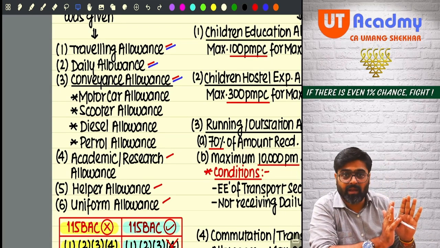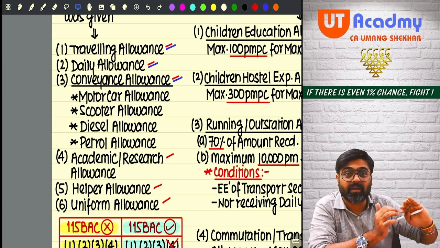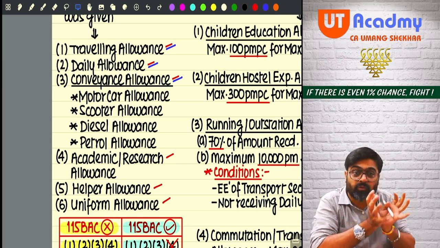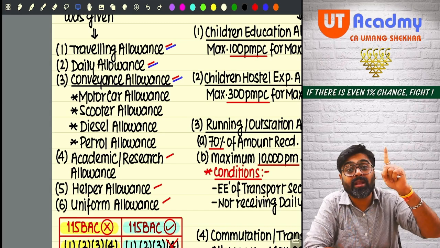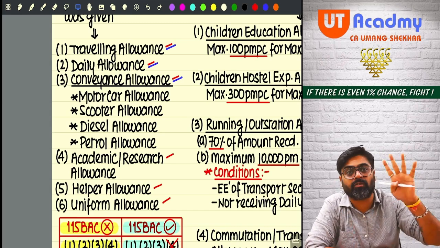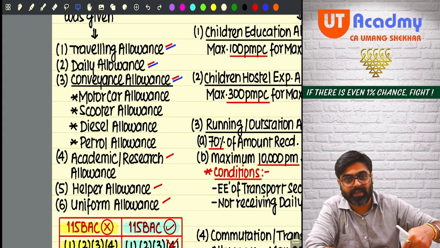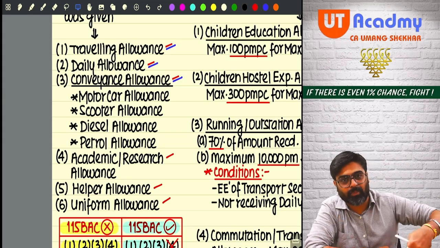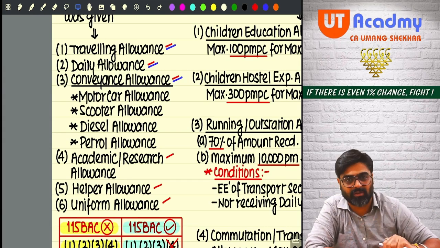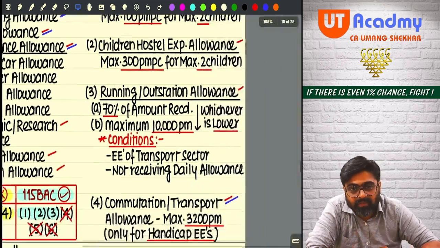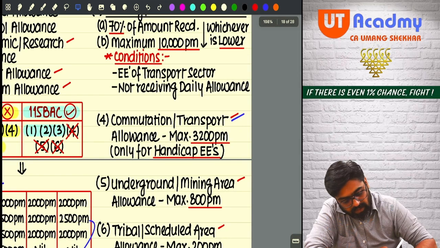Now there is some vehicle which is used to perform your official duties. In the course of employment, to perform your official duties, some vehicle is used. Motor car is used, scooter is used, motorcycle is used. To meet the expenses of that vehicle, running expense, maintenance expense, petrol expense, diesel expense, an allowance is given. That is conveyance allowance. But this commutation or transport allowance is altogether a different allowance, because see, this is your